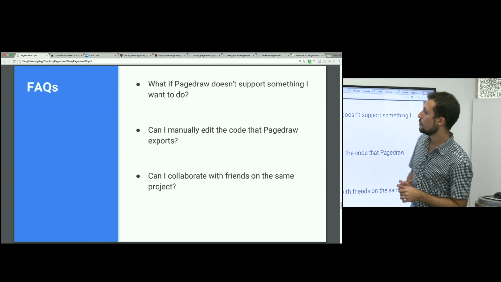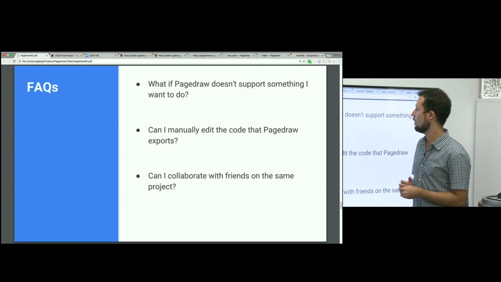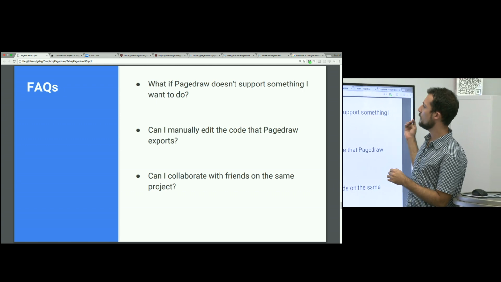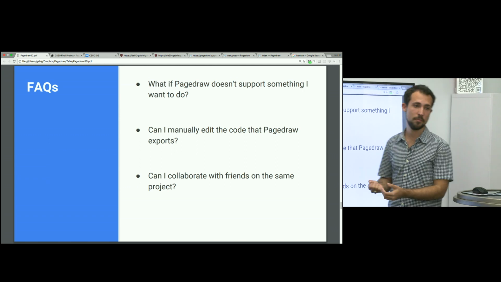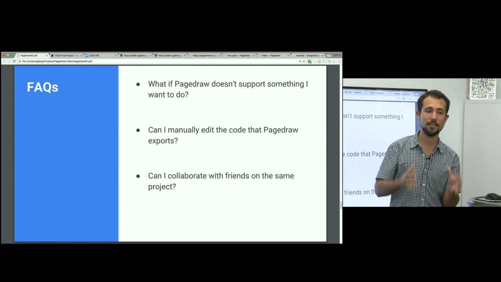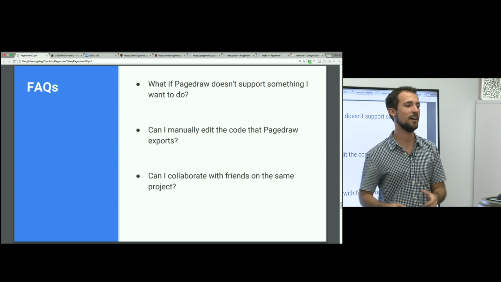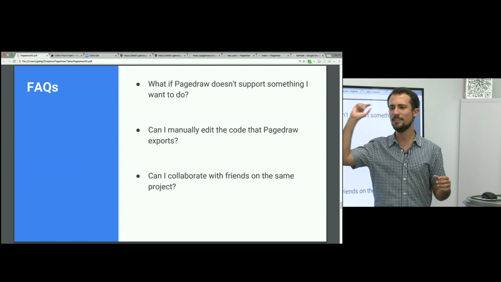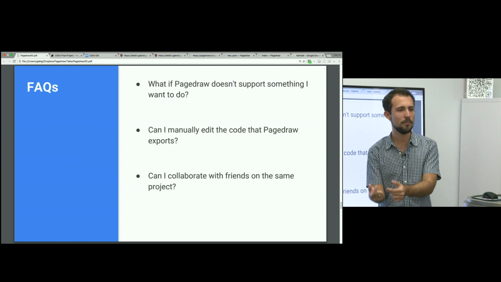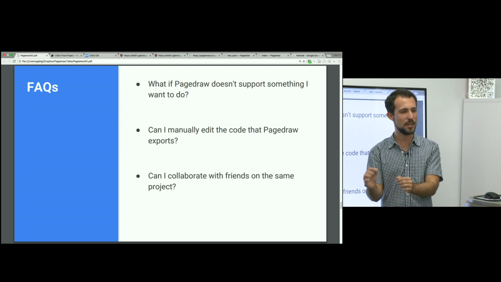Now we have some very commonly asked questions that we would like to address. First one being, what if Pagedraw doesn't support something that I want to do? So I'm using Pagedraw, I think it's awesome, and I'm creating all of this stuff, but then there's this one detail in my page that I really want to make happen this particular way that Pagedraw doesn't quite support